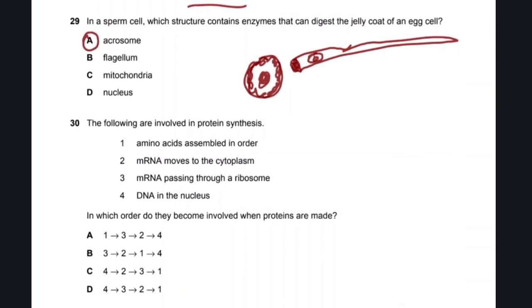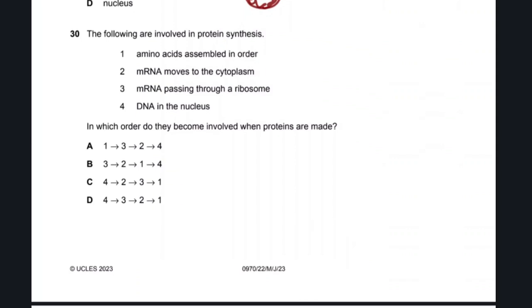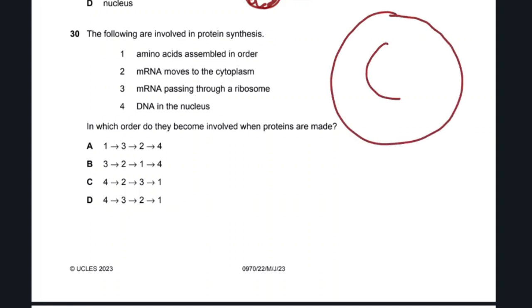The following are involved in protein synthesis. So there is a sequence of protein synthesis, and we have to organize that sequence. If we look at a cell and a nucleus, and here is a DNA, that DNA is copied by mRNA, and this mRNA moves out and settles in the ribosome, and here the polypeptide chain is